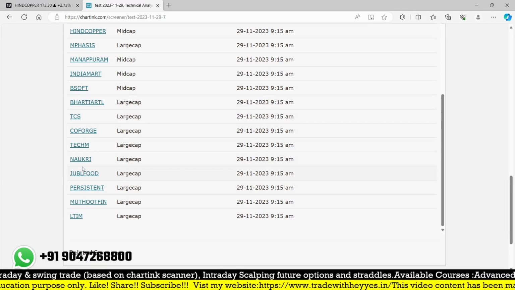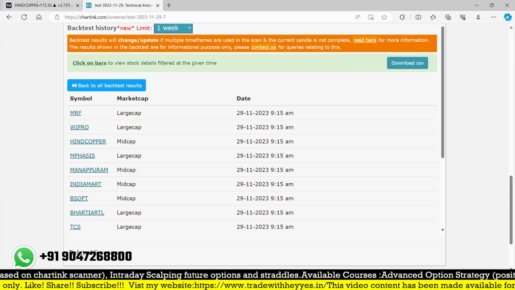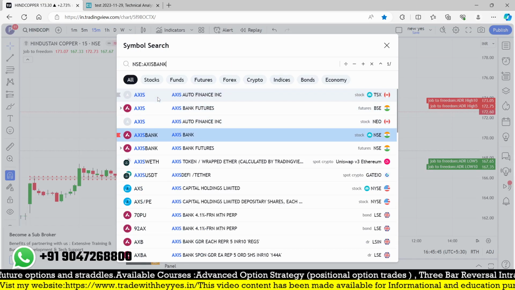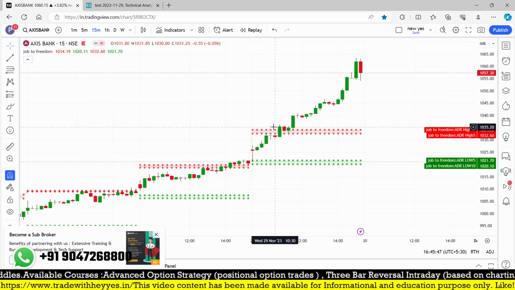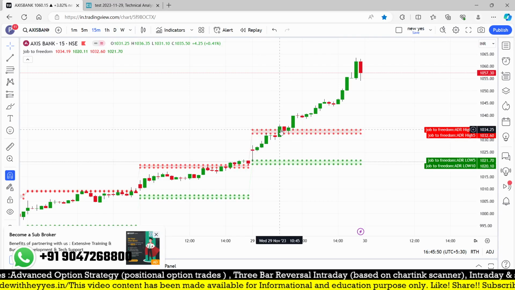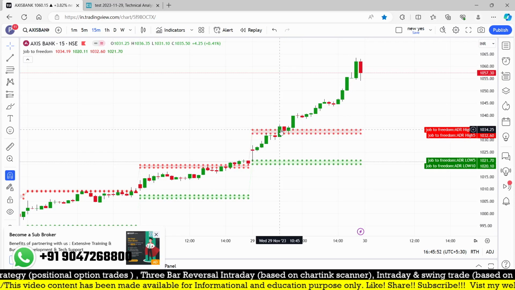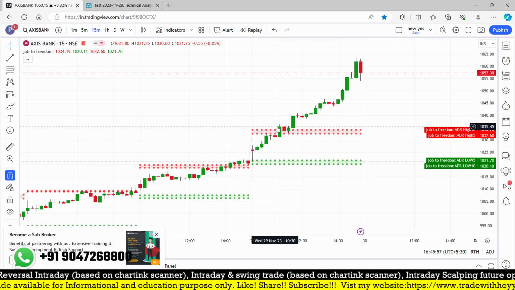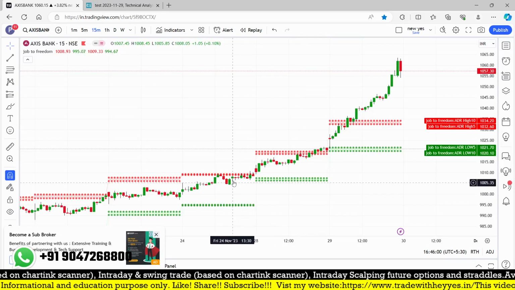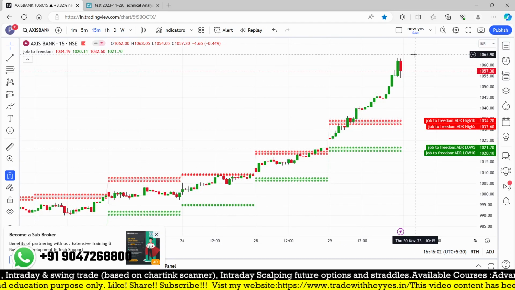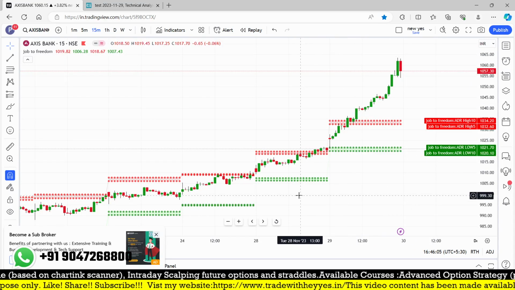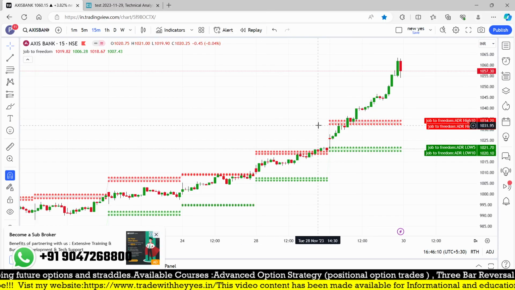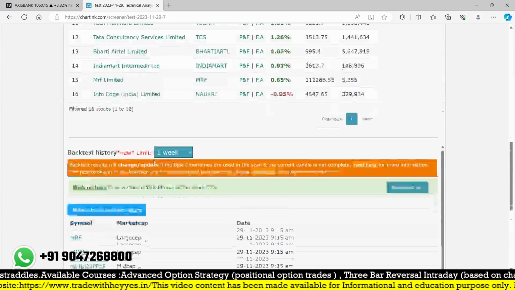I also found Axis Bank one more time, and that is also giving such a good result, but I'm just testing it. Axis Bank was not triggered at first, but it triggered after some time, and I'm just checking that. If you wish, we can create this too, because we completed the customized indicator, so we can create any number of ideas. From that point it just kept on rising, almost 1043, 1034, and went up to 1057. Such a good move on Axis Bank also, but I'm not coding this part, and this coding is only for